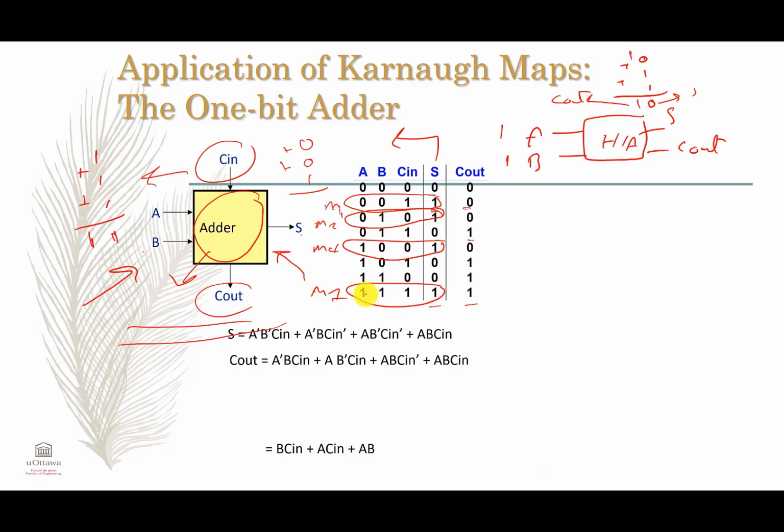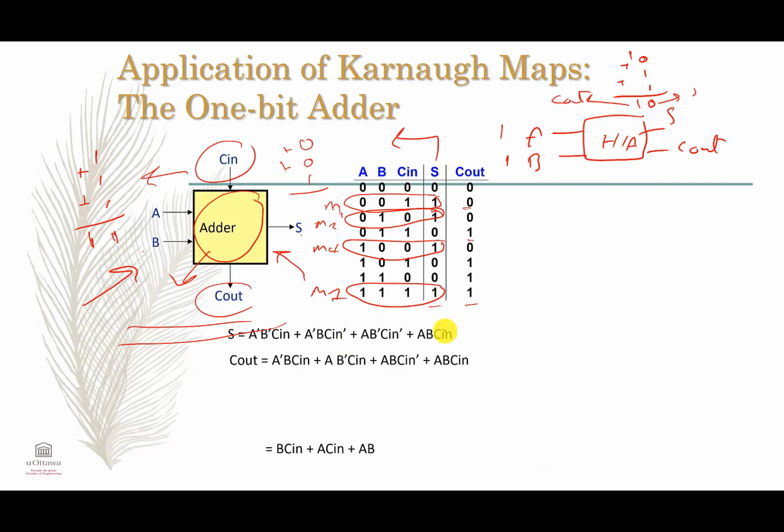So we write those terms in the form of a sum of products. To indicate M0, it's gonna be A prime because A is equal to 0, B prime, and Cin prime. You see that? And for M2, it's gonna be A prime, B not prime, okay, B, and Cin will be prime,